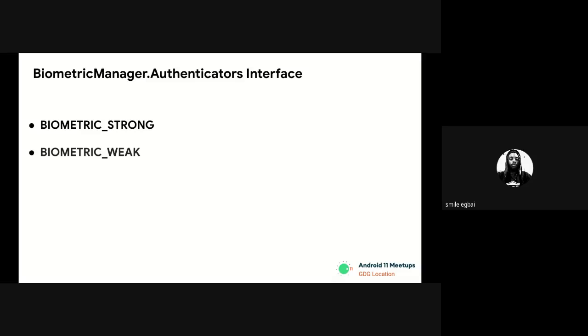And as well, you have the weak one, which is the same definition, except it goes a step down, which just talks about hardware that supports weak authentication. Then device credential, which is basically just talking about your PIN, your pattern. And if we're going to break this down just a little bit more, your biometric strong would usually match to your fingerprint. Then the biometric weak most times will match to using your face to unlock your phone, because